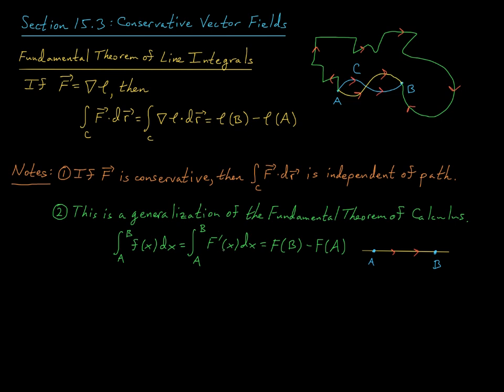The fundamental theorem says that this integral is just equal to this antiderivative capital F evaluated at the endpoints, and then again, we're subtracting. Now we're far more limited in terms of the paths that go from A to B. There's just the one oriented path that goes from A to B since we're moving in a one-dimensional space,